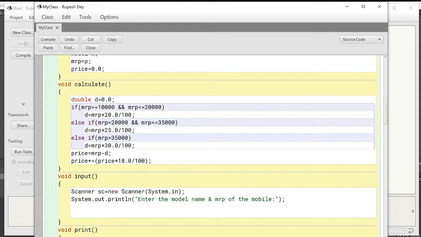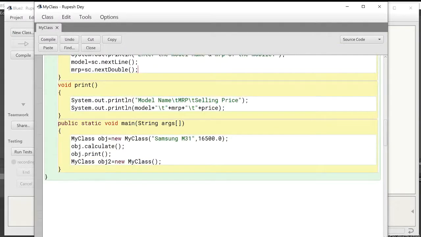Then in the model variable you have to accept the model name: model equal to sc.nextLine(), and in the MRP variable you take the double price value: sc.nextDouble(). Over.